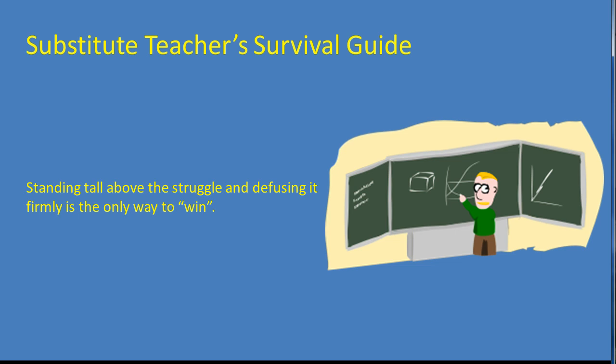Most situations will never escalate to the point of having to call the office, but you have to be careful of this situation as well. A student may get you up to the point where you are ready to call the office, and then they will back off just before you do. They will attempt to do this as many times as possible. You will only let them do it once. If it gets to the point where an office call becomes necessary, do it. No matter how much the student cries, threatens, or acts out, you must gain control of the room, and getting that student out is the only way to do it for sure.